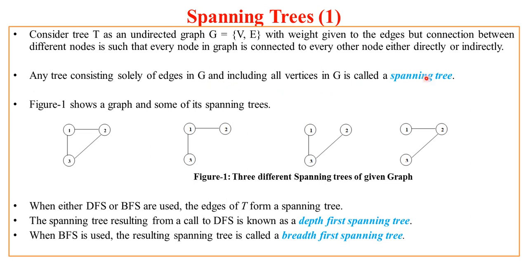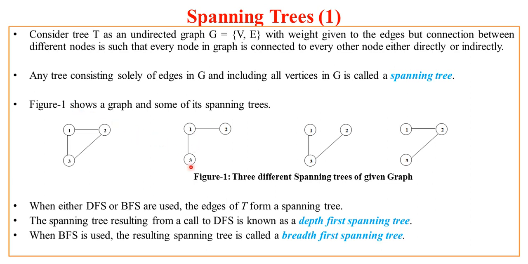spanning tree. That means suppose we have a G, so this is our graph, assume this graph, and there are certain tree representations over here. Now this is not a graph, this is a tree as it is acyclic. Now we will call this a tree as it covers all the vertices, that is vertex 1, 2, 3 of the graph, and also a subset of edges. So such a representation is called a spanning tree.